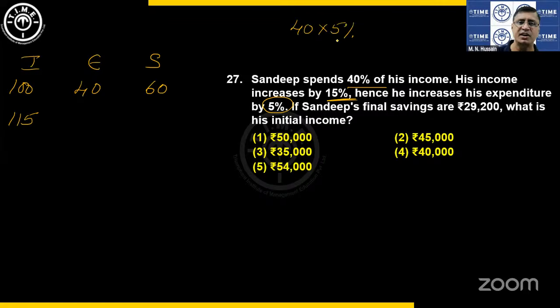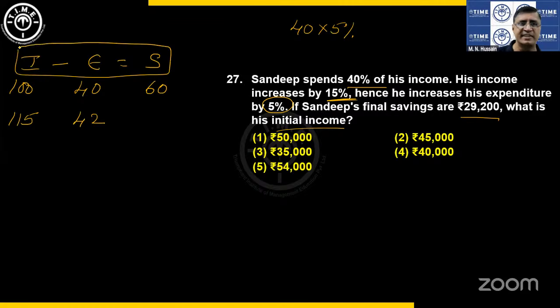What is the 5% here? 10% is 4, 5% is 2. Increases by 2. If Sandeep's final savings is 29,200, what is the initial income? Income minus expenditure is equal to savings, provided expenditure is less than the income. Now just observe the value here. 5 minus 2, that is 3. 115 minus 42, that is 73. So what is the result? 73. The value of the 73% is equal to